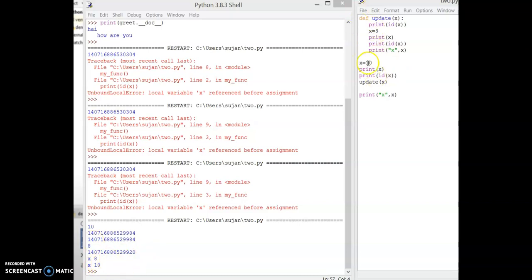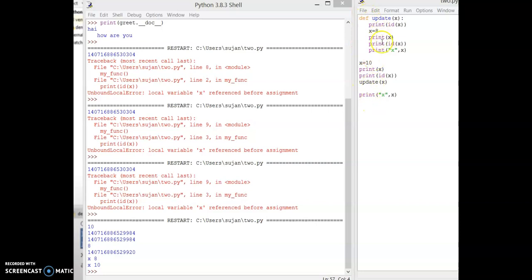From this concept, we can understand the lifetime of a variable. This x value's lifetime is only within the function. When the function execution is over, the scope or lifetime of the variable is over. Whatever variable you declare in the main program, its lifetime is throughout the program, until the program execution is over.